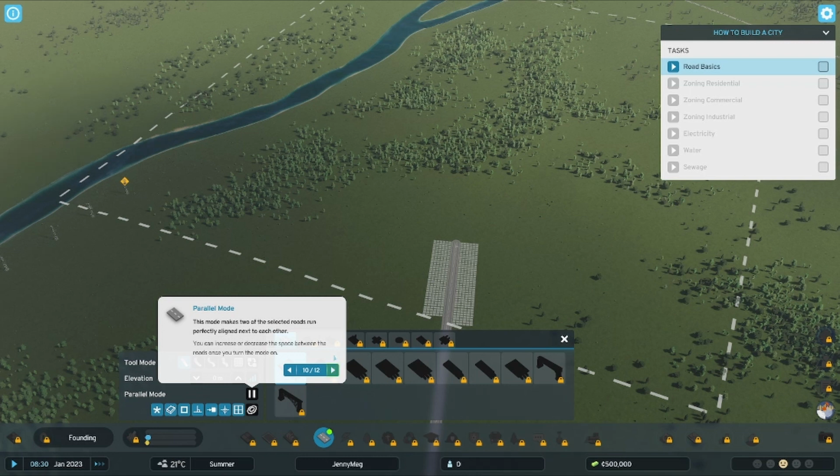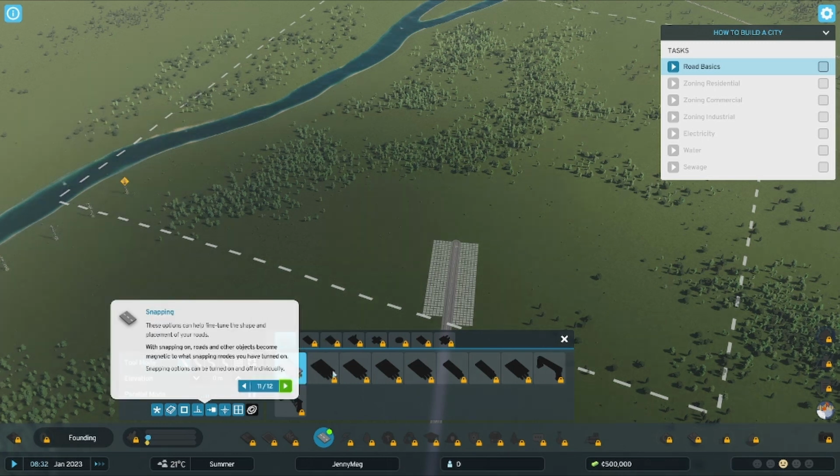This mode makes two of the selected roads run perfectly aligned next to each other. You can increase or decrease the space between the roads once you turn the mode on. These options can help fine-tune the shape and placement of your roads. With snapping on, roads and other objects become magnetic to what snapping modes you have turned on. Snapping options can be turned on and off individually. And finally, to get